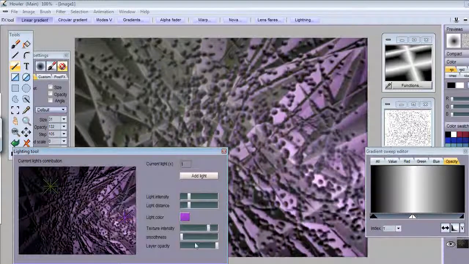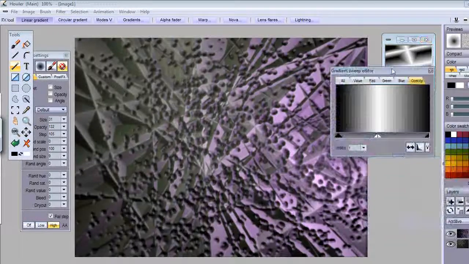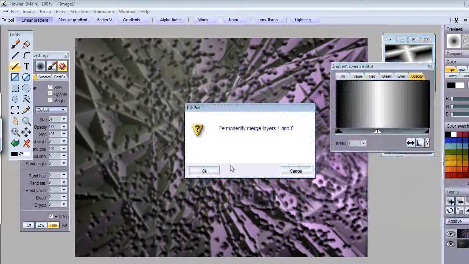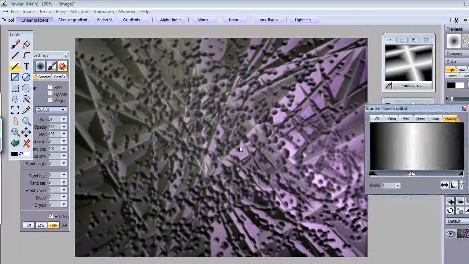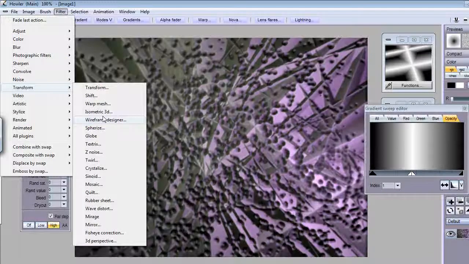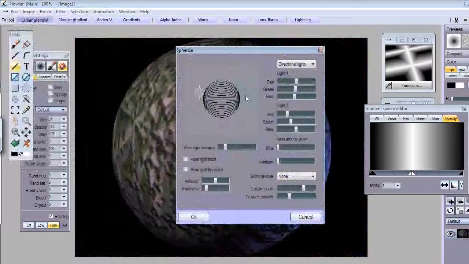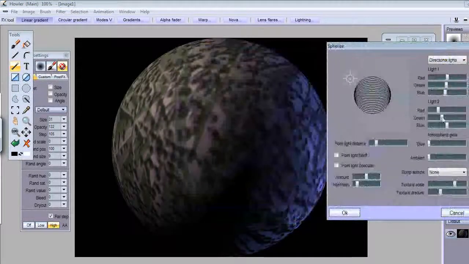You see there's a lot of different parameters to play with, and so now we have actually this over 2 layers, and we'll probably want to blend these layers together. And here we go. So we do have a kind of a rocky looking texture. We can at that point of course apply that to perhaps a filter that will spherize it and put it on a planet for a rocky planet surface, and add some sort of a let's see,